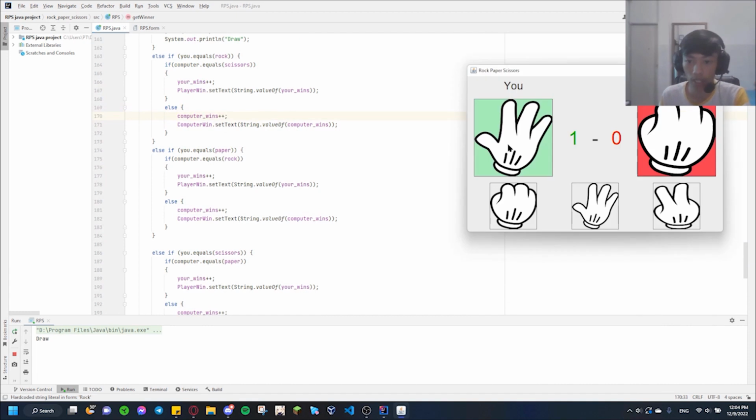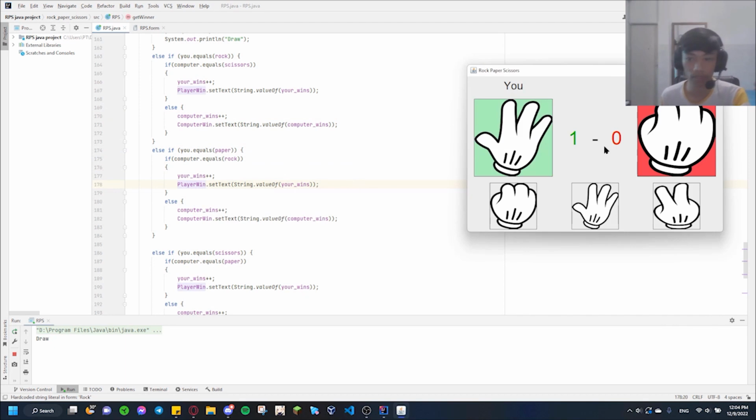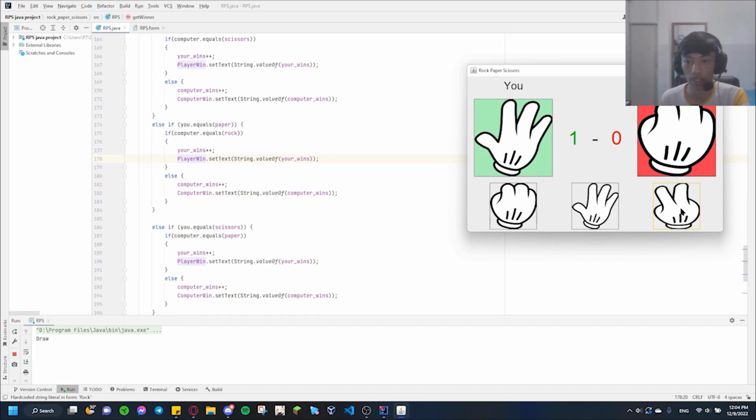And here I played paper, as you can see, and the computer played rock. So the point goes to me. Your wins will give a point to the player, so you can see the point updates when a player wins. In this case, I won, so I won 1-0. So if I play scissors here,